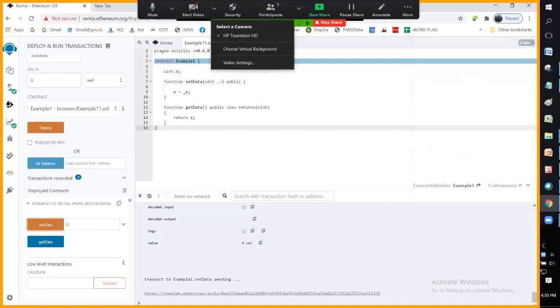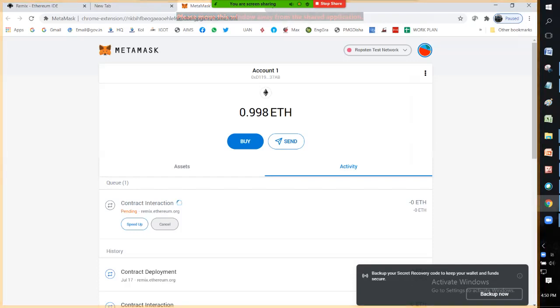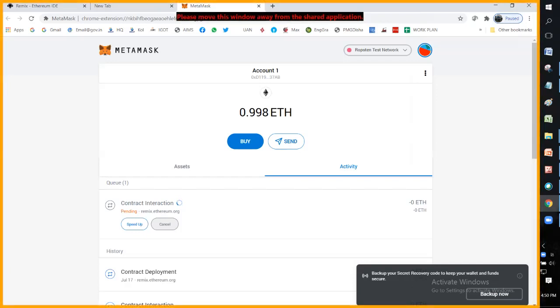I'll go again in MetaMask and I'll see that this is being deployed. We will wait for it to be through.